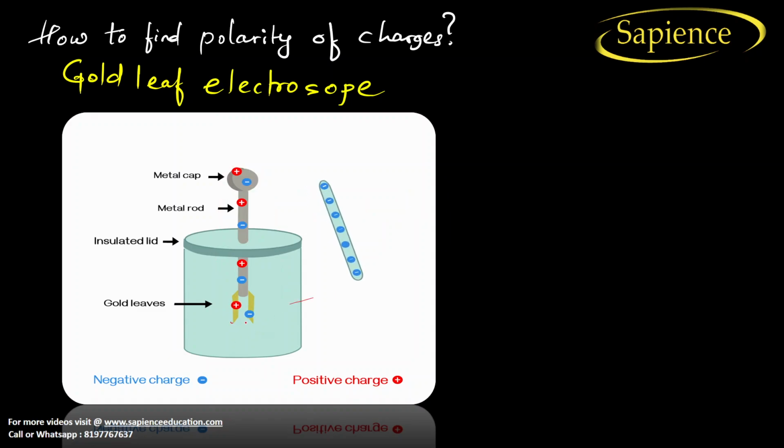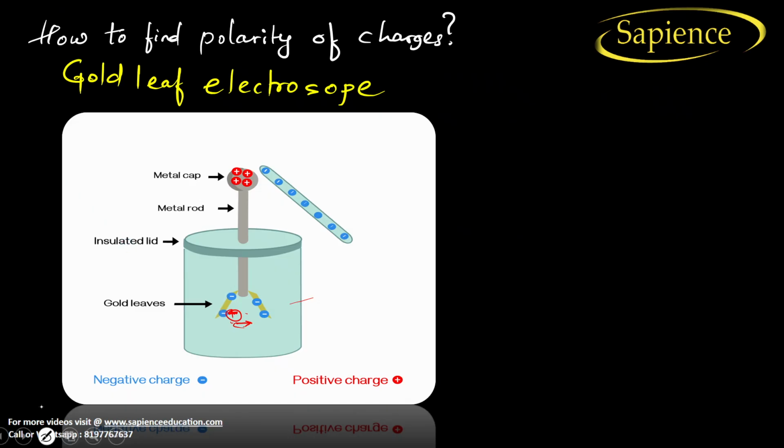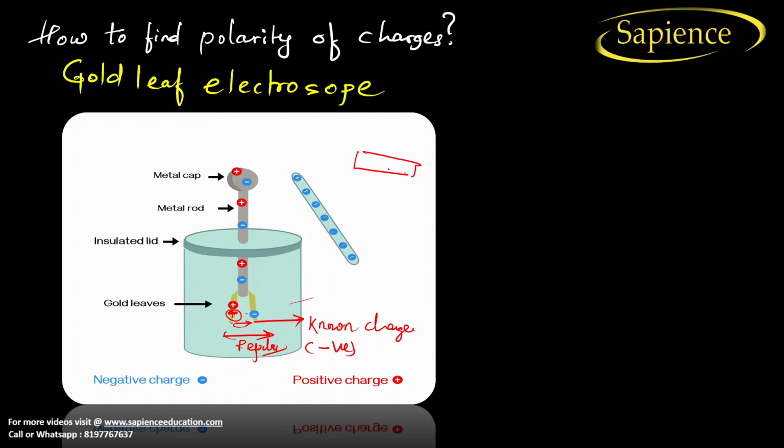So there is a repulsion in this gold leaf. Why? Because on both sides there is a negative charge. Got it? Now the task is, if you want to find the polarity of a charge, whether it is positive or negative, we can put a known charge here. Let us suppose the known charge is negative. So due to this, what will happen? Repulsion is already there. Now if you put an unknown charge,